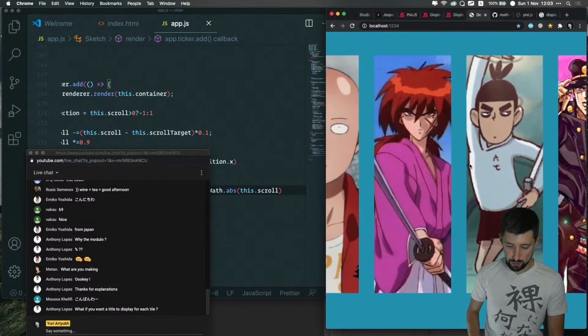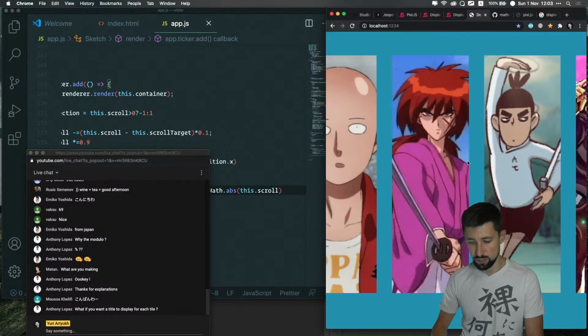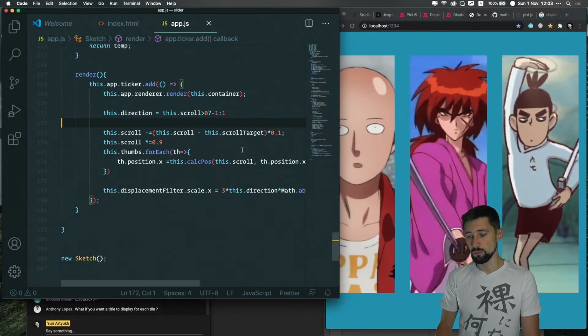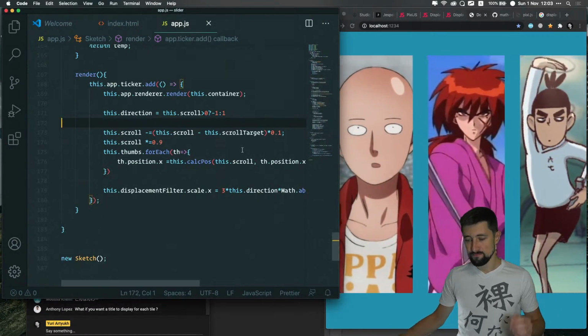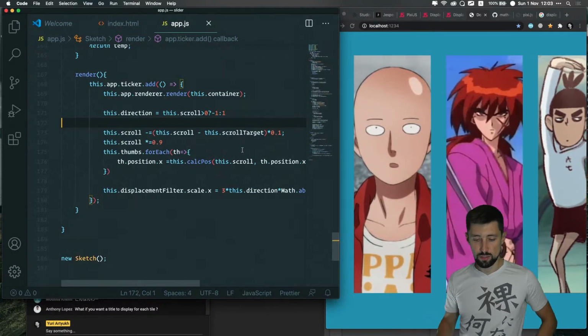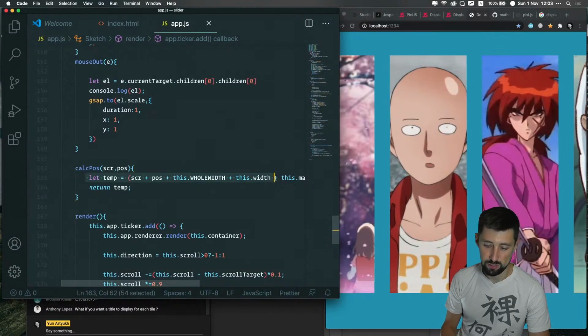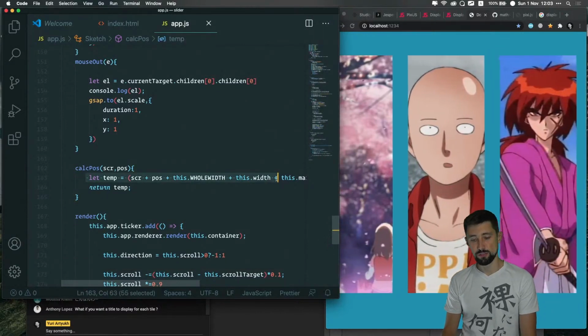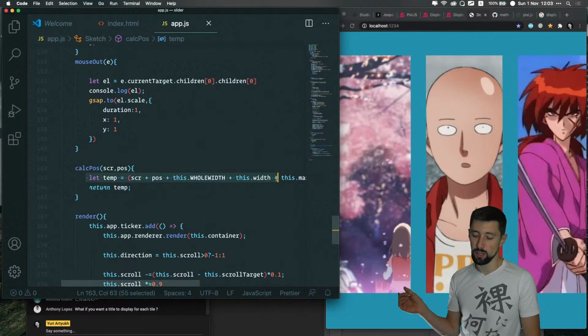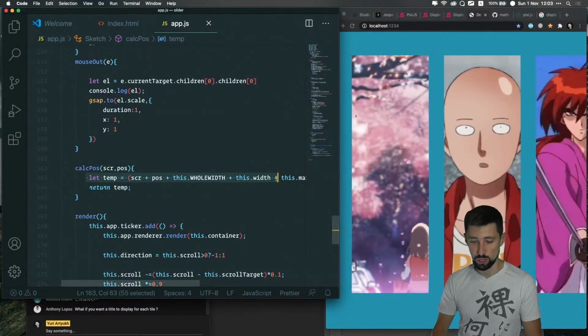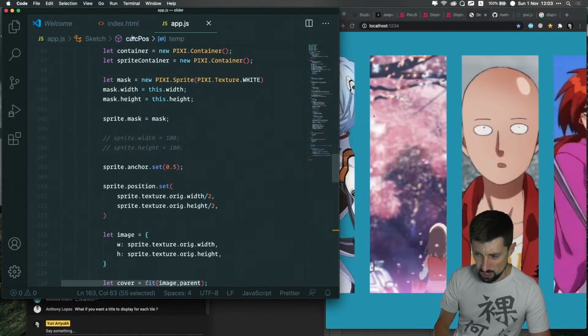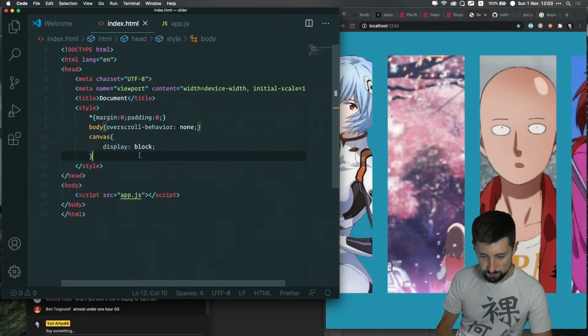What if you want a title to display for each tile? Well, you could add some text in the Pixi.js, and also because you already have, like, this is just the number, you could just as easy use this for the transform for the DOM elements and position all your titles wherever you go. And just the last touch, I will add